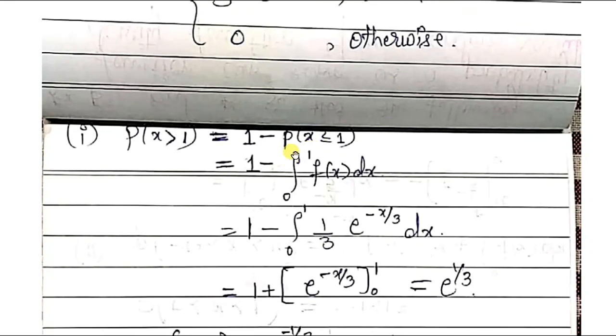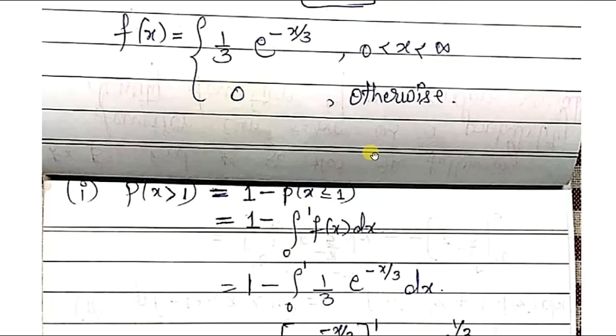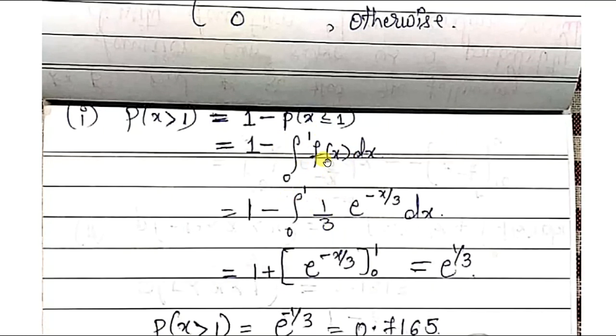So for continuous, I have to use this symbol, that is integral 0 to 1. 0 to 1 is understood from this relation, that is less than or equal to 1, which means it starts from 0 till 1. Okay, so it is integral 0 to 1, f of x dx. This is how we write the relation. Now let us substitute the function.